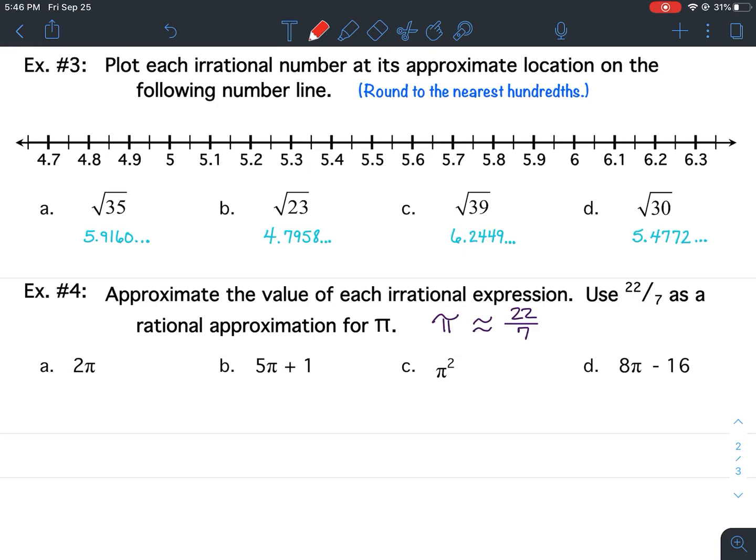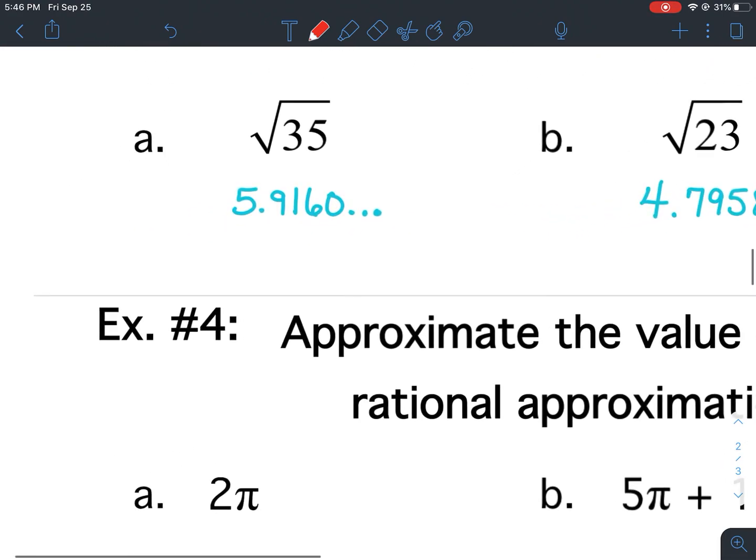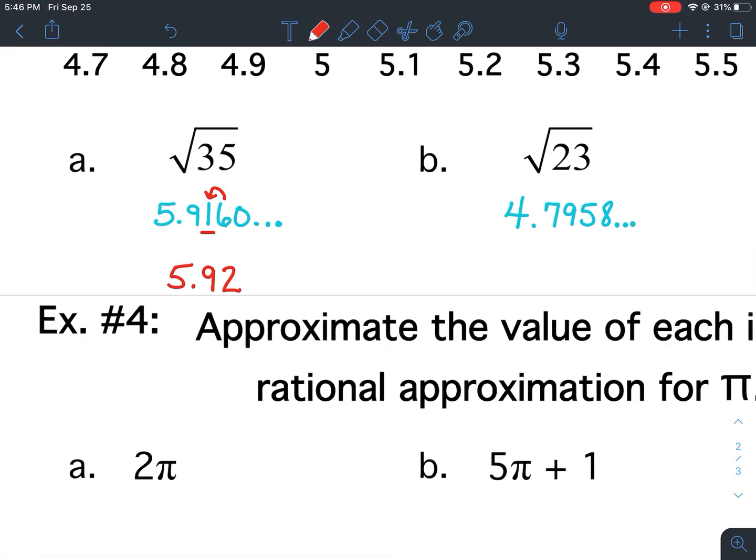So if you didn't already do this, please pause your video and write down the decimal numbers for each of those square roots. Okay. So before we plot them, let's round each to the nearest hundredth. The 6 would push the 1 to 5.2, or sorry, 5.92. For this one, the 5 would push the 9, and remember, if you push a 9,